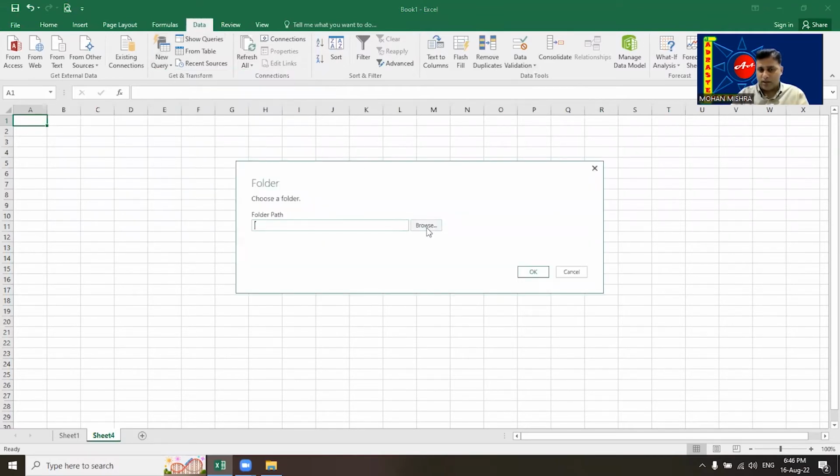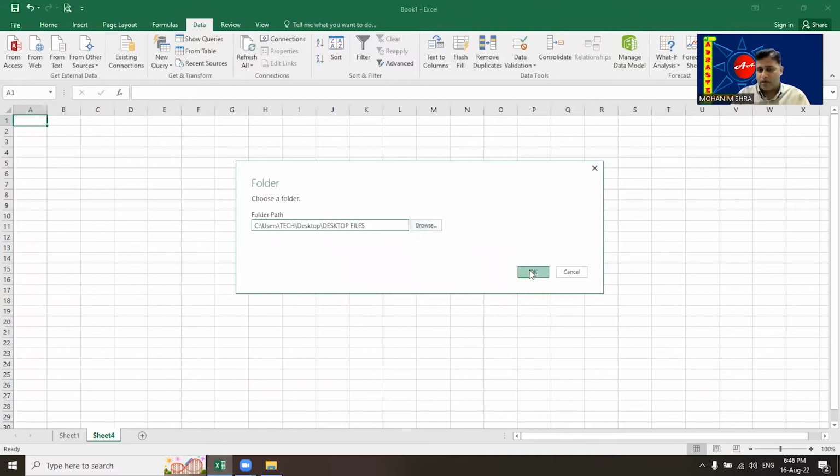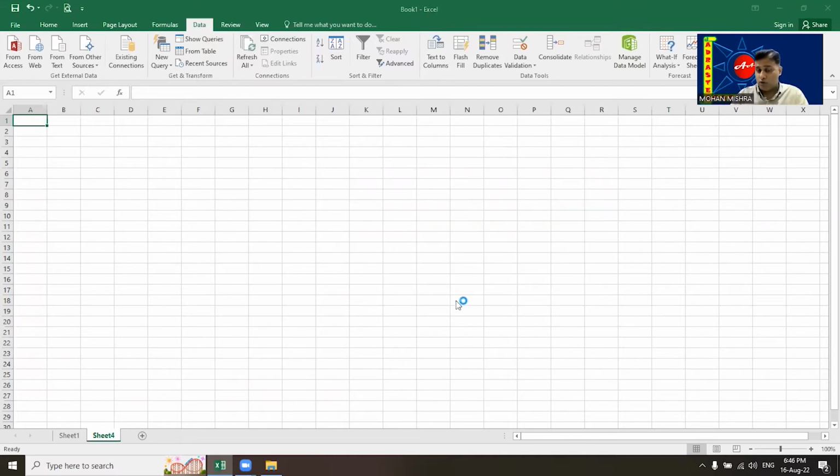Just wait, click on the Browse option, and go to the location where you have the files. Right now I'm in one single folder where I have created all the different files. You can link multiple folders together in one single Excel sheet. It will be easy for you to search, especially for a person working in admin or as a document controller. It is a very handy tool. Click on OK, click on OK,